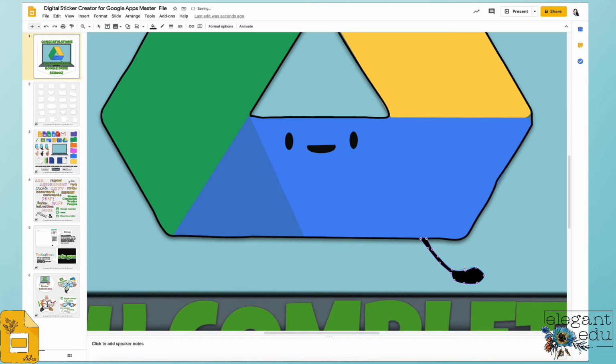So I got my little foot. It's starting to look a little bit more like a little foot. Okay. And then I can take that foot and I can press Command or Control D to duplicate it. And then I can do one of two things. I can either flip it by grabbing it from this side and flipping it over this way, or I can